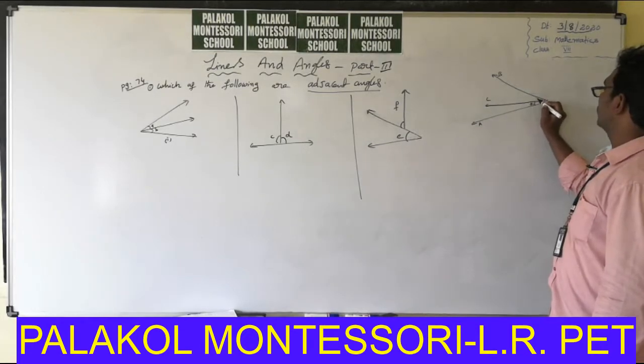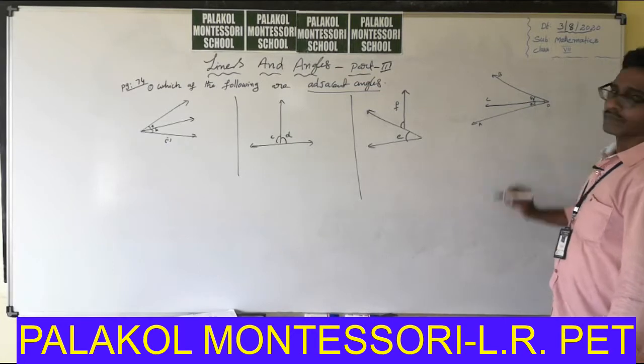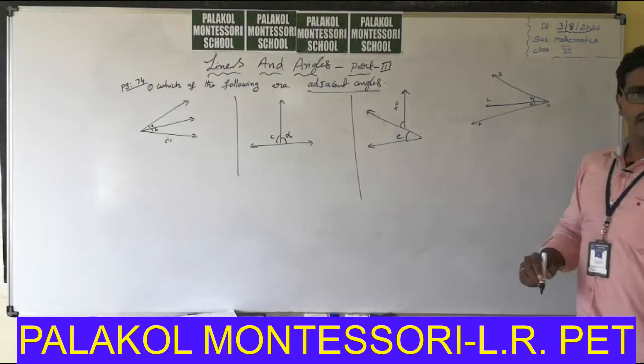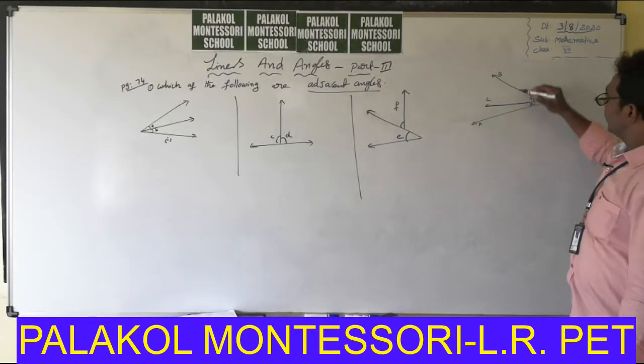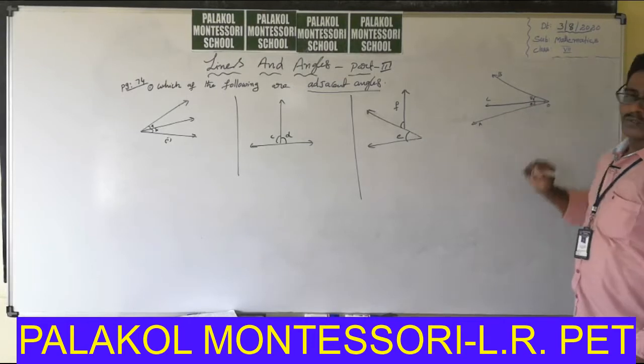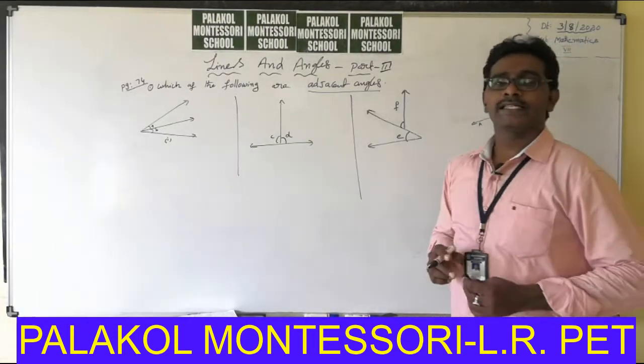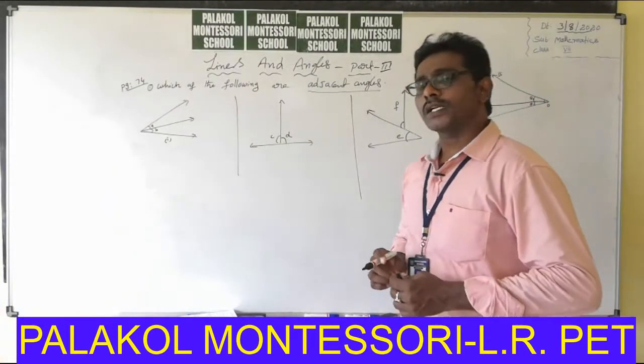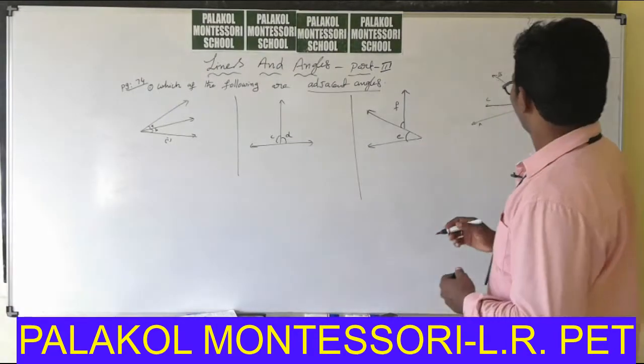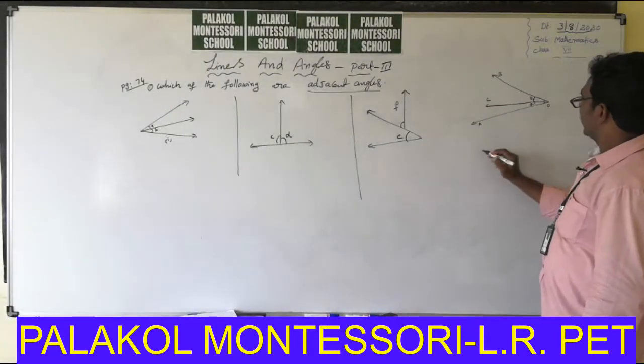Here theta 1, theta 2, or X and Y, any one you take. These theta 1 and theta 2 are called adjacent angles. Why is it called an adjacent angle? Because in both angles,